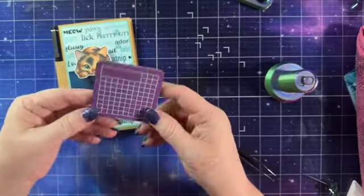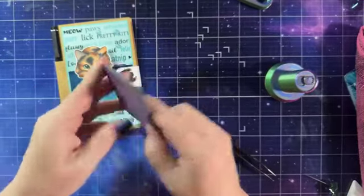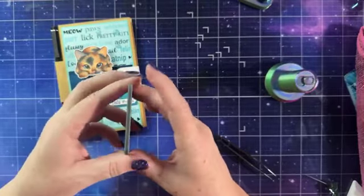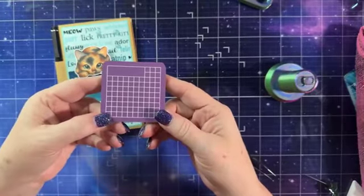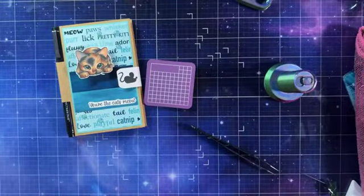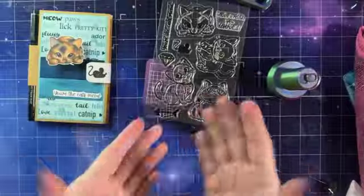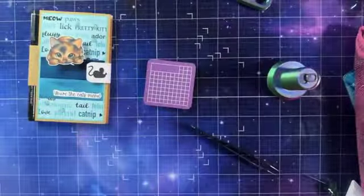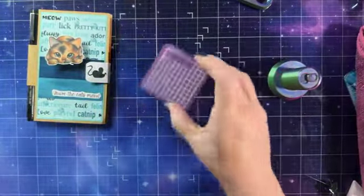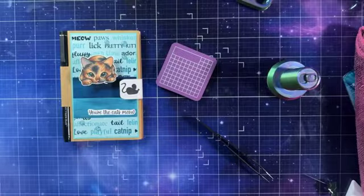I just thought it's so cute. And they had it all different colors. The girl that I was with, Christina, was laughing at me. She's like, what are you even going to use that for? I was like, yes, I am. And I do. Because look, if I was going to cut out something from the cat, if I was going to cut that, it fits perfectly on there. It's so perfect. I love it. So anyway, this was one of my favorite little purchases. Not that I didn't purchase a whole lot of stuff, but